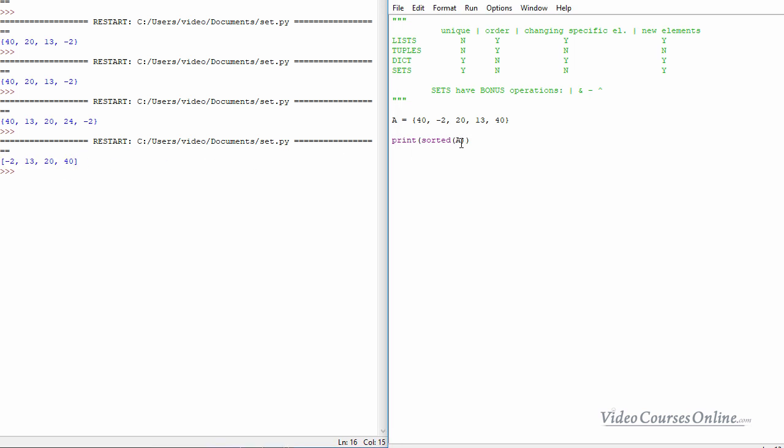You can now access each element and so on. But the set is always unsorted, right? You do not know where things are. You can add a new element, you cannot change a specific element, you do not know the order of elements, and all elements are unique. And this uniqueness is the best possible thing about sets,